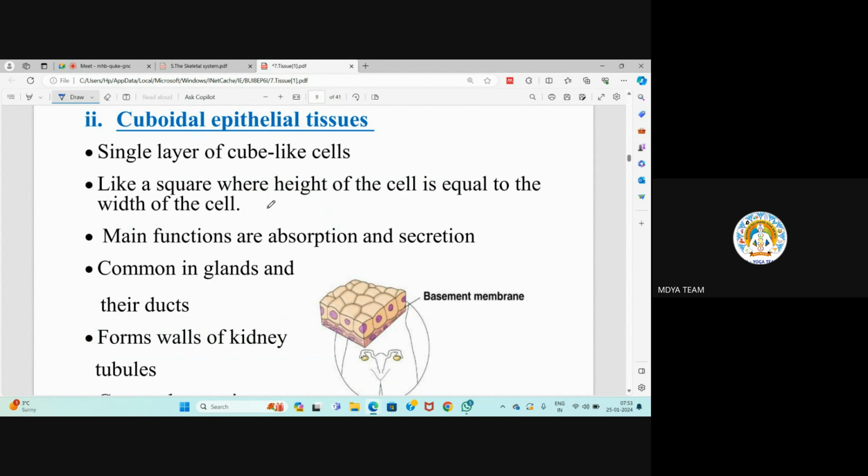Main functions are absorption and secretion, common in glands and their ducts. Obviously, these are the parts of epithelium tissue only, and epithelium tissue is found at surface level. So almost they all are having similar kinds of functions. So this cuboidal tissue also has the function of absorption and secretion, common in glands and their ducts. Ducts means,